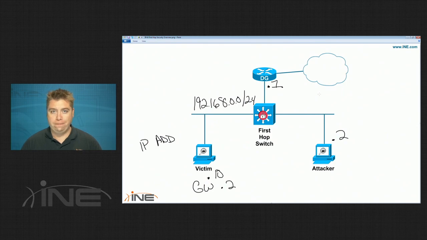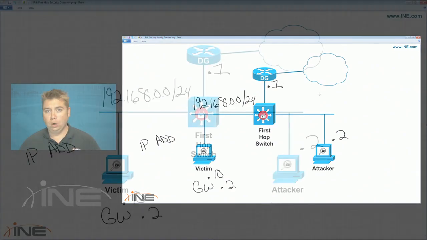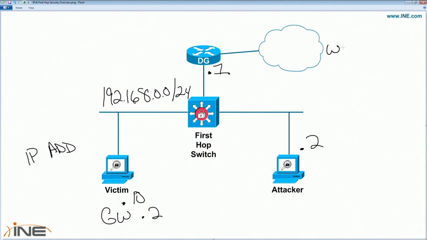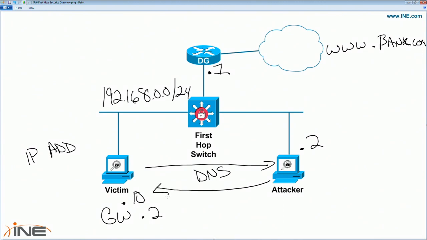we're offering them all of the other correct options. We're giving them the correct IP address pool, we're giving them the correct DNS server, or maybe the DNS server is the attacker itself, which means that when we go to resolve a website, we might be able to do a man-in-the-middle attack based on that. Well, let's say we have, whatever, www.yourbank.com, and when we go to do a DNS resolution to this, if the DNS request goes this direction, the attacker can then reply with whatever spoofed server that it wants,